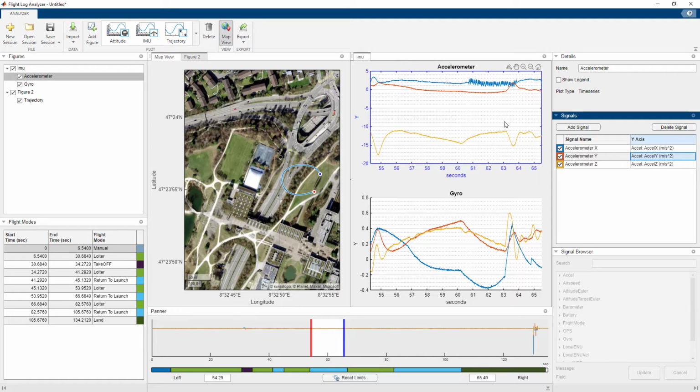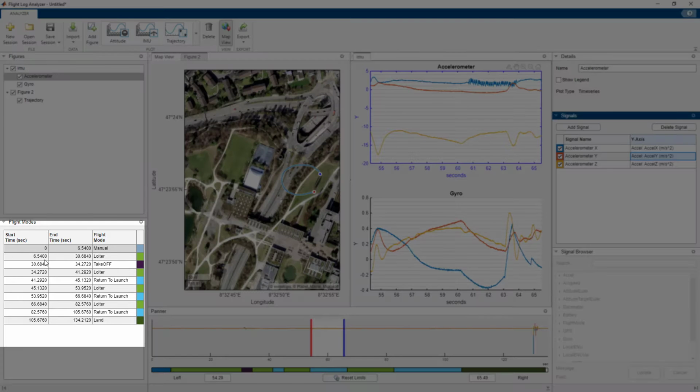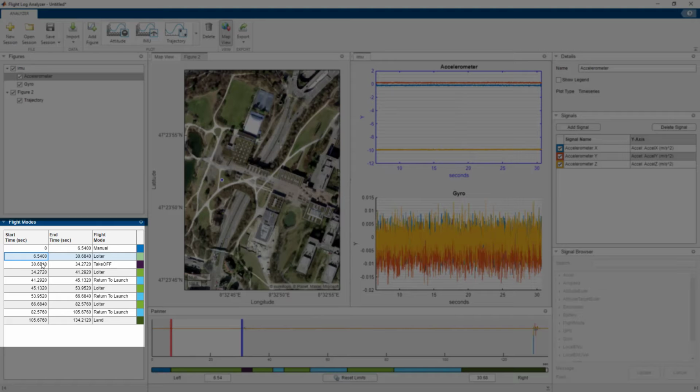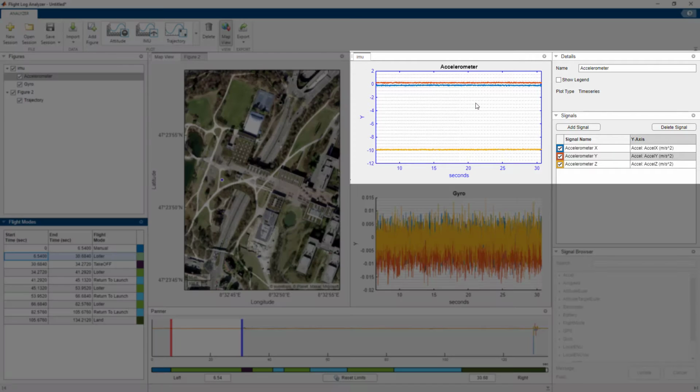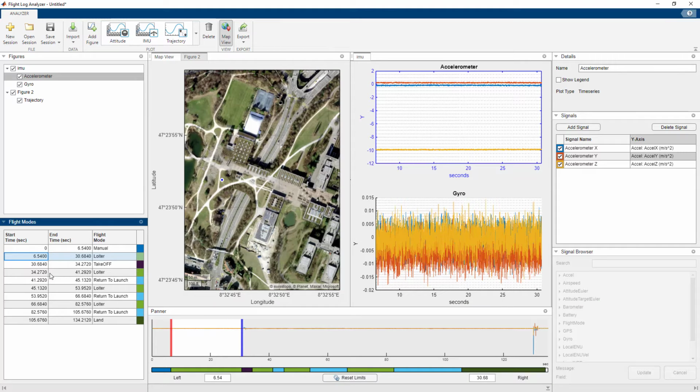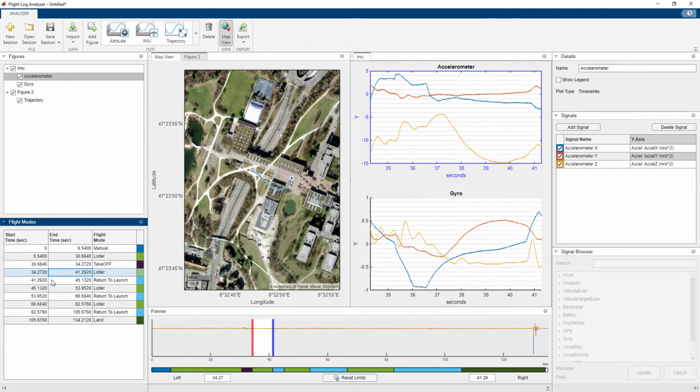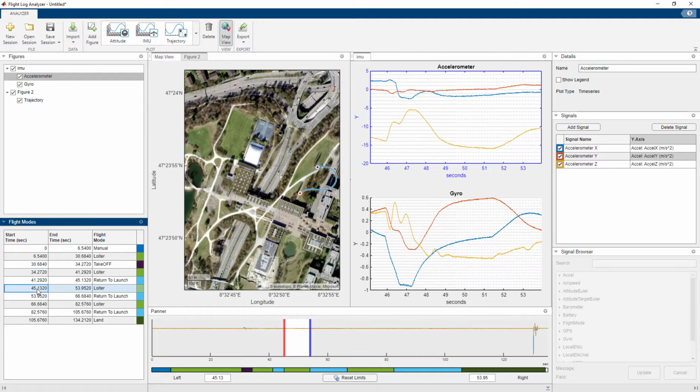What I really want to show now is how you can go to different loiter modes and analyze the accelerometer data. We can see here that the Z accelerometer data, which is color coded in yellow, is less than X and Y. That tells us that during this loiter mode, the vibration was in good range. Similarly, you can go to other loiter modes and keep analyzing the accelerometer data,